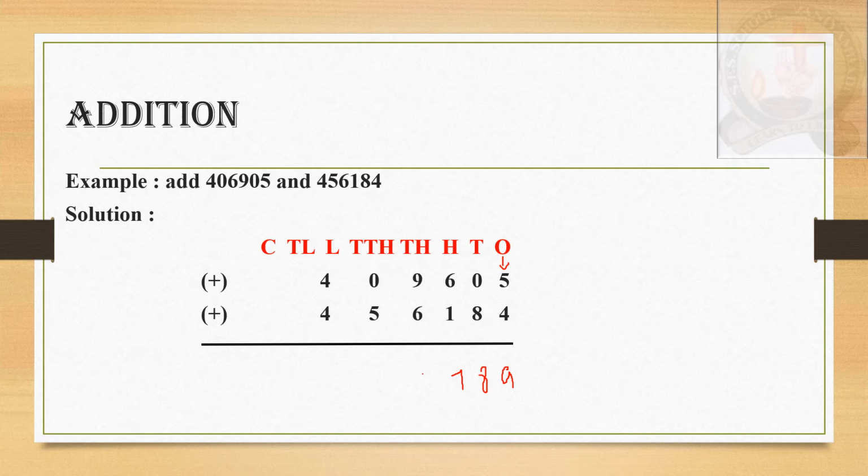Here we cannot write 15 in the same place. This is where you need to concentrate very carefully. We got 9 plus 6 is 15. We should not write 15 in the same place. We should write the 5 in the thousands place. The 1 will carry to the 10,000s place. Do you understand, children? 1 will carry to the 10,000s place. Now we add 1 plus 0 is 1, 1 plus 5 is 6.